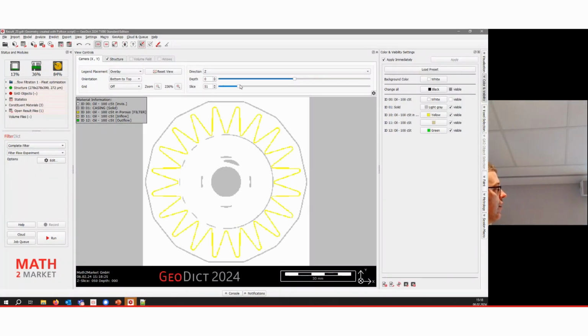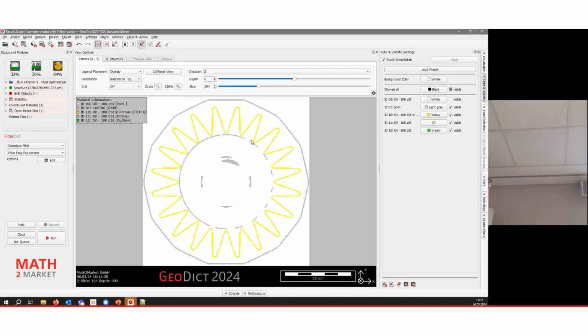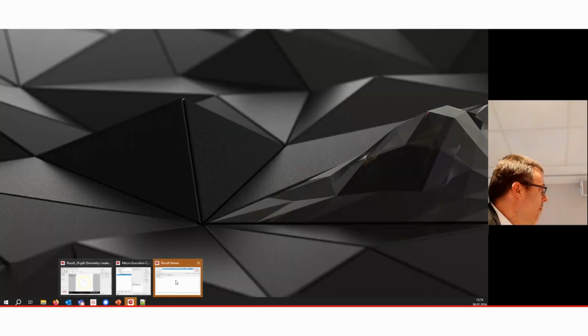Let's file through that. And here we can see we have replaced our pleat by a pleat with 20 counts. Of course, the sampling here is quite coarse. That's also why some details, like it's closer to the inner boundary in this part than on that. The center point is determined, but with a 272 micrometer sampling, maybe a bit too coarse. Let's drop the maybe. So, okay. So then, as you can see here, we have done that.